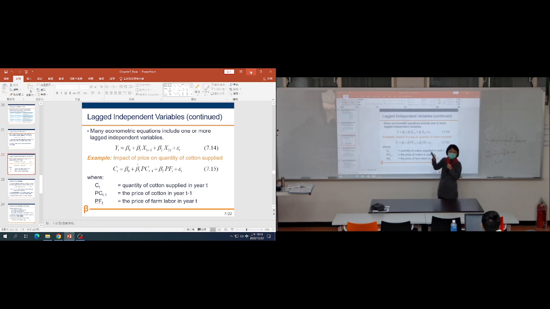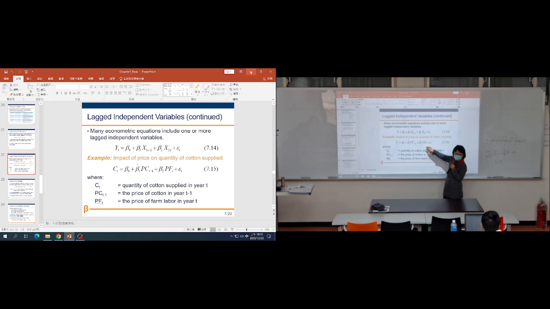And according to the literature, usually the expenses from research and development will affect the current years, and the time lag is 4 years. So instead of T minus 1, maybe T minus 4. Okay? All right. And something like this, lagged independent variables, most of the situation is about time series data, which